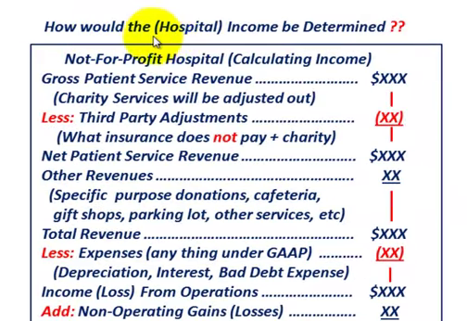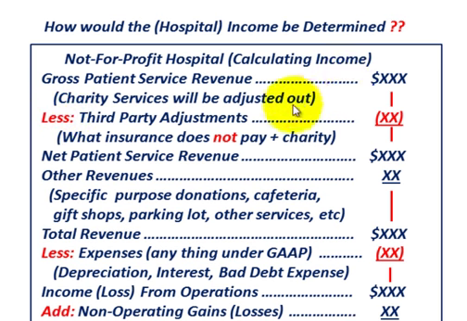Now let's look at how a healthcare provider, in particular a hospital, would determine its income. We'll look at it in terms of a not-for-profit hospital. You start with your gross patient revenue. Charity services are included in this gross patient revenue, but they're going to be adjusted out later. Then you subtract your third-party adjustments